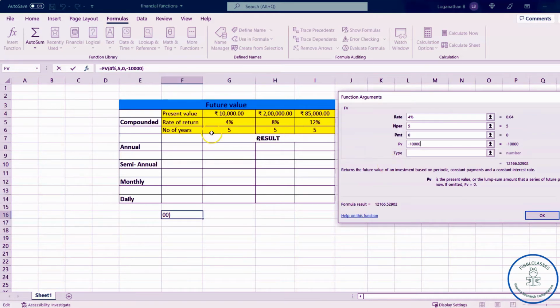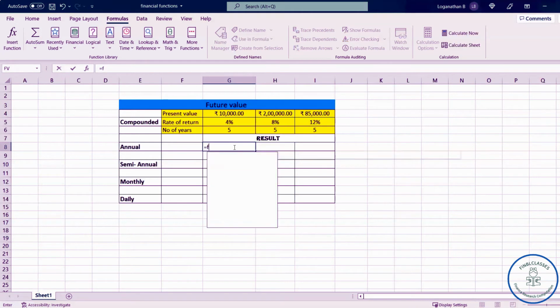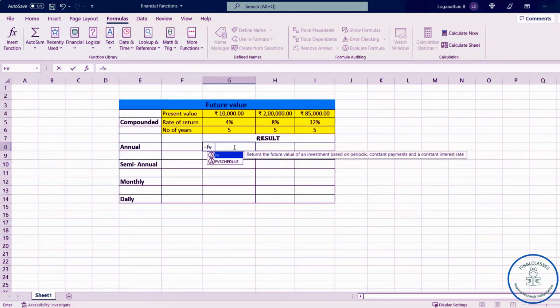Right. Now we'll be working with the table row. This is the function argument dialog box of the function argument of future value. As earlier we calculated with the help of the function argument dialog box, we can directly insert the formula over here. So I place my cursor in cell G8 where I need the result. I put equal to FV, then type the tab key, and